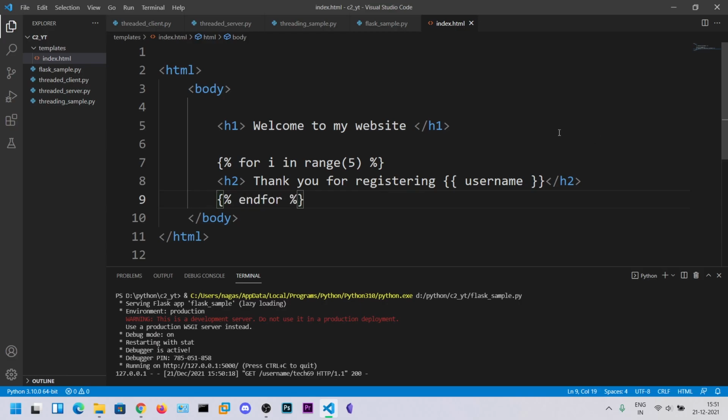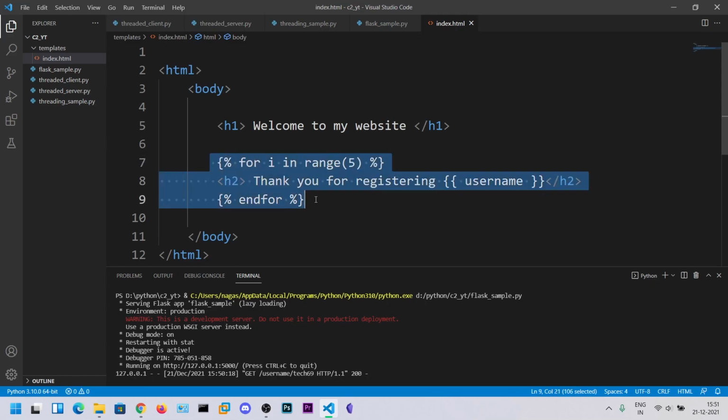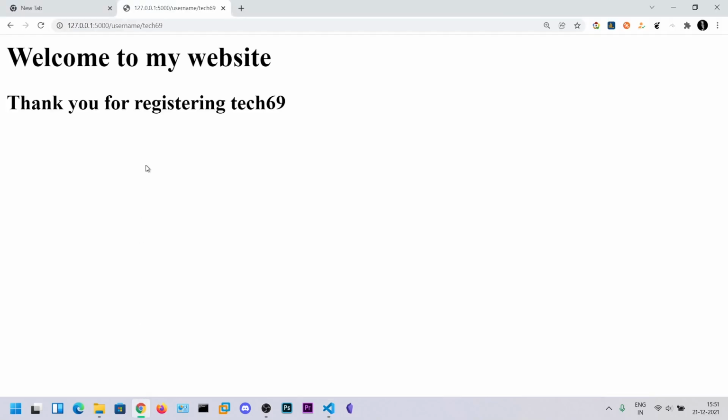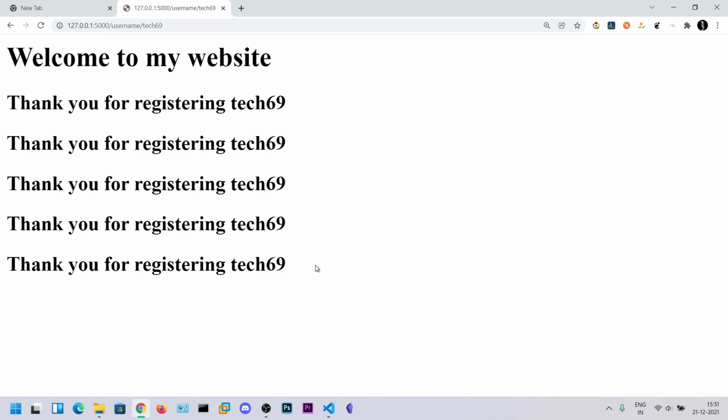You need to end this for loop, so the templating engine sees this and ends the for loop. So the thank you for registering, the username will be printed 5 times in the HTML page. If you refresh this, you can see there are 5 times of this h2 tag.